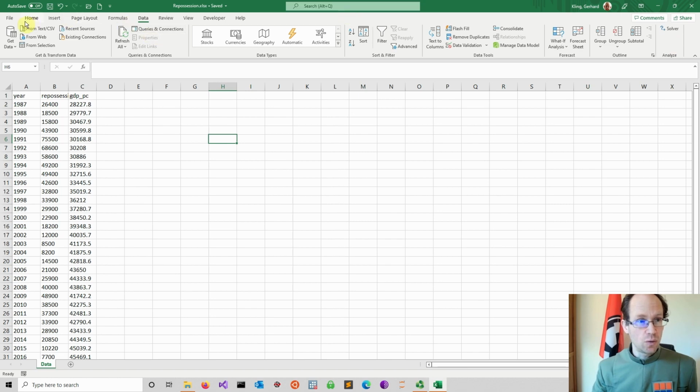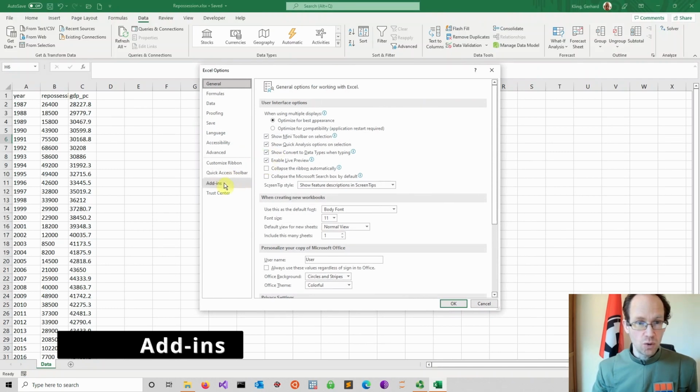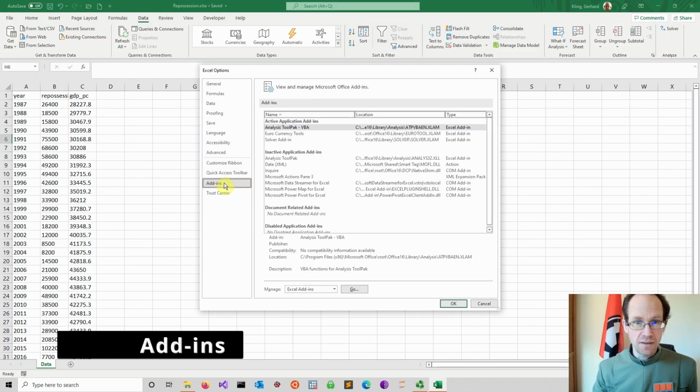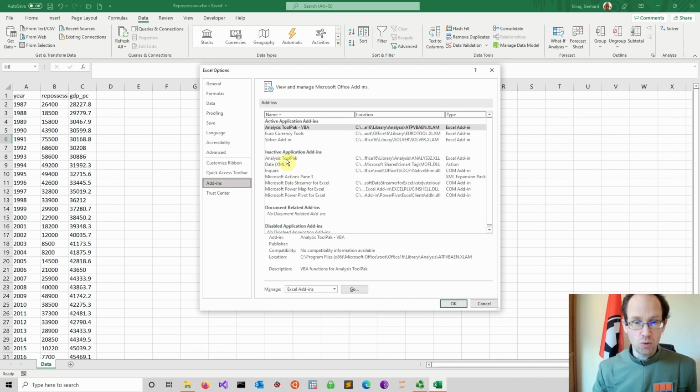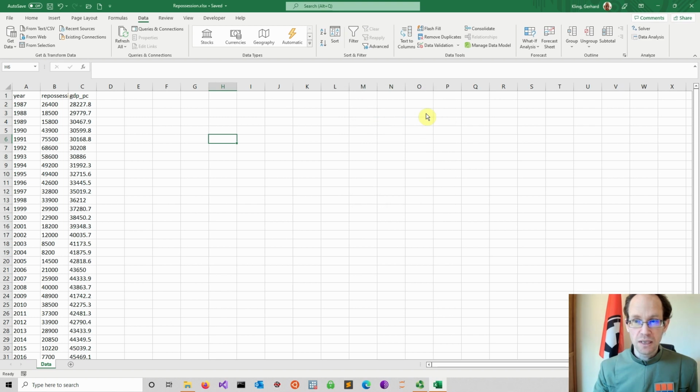So in this case you go to File, then you go to Options and you go to Add-ins. Under Add-ins you find the Analysis Tool Pack, and at the moment this add-in is inactive. So once you located the Analysis Tool Pack, you just click on Go and you tick the box to add the Analysis Tool Pack, and then you say OK. So that's the process. And now just by magic, data analysis shows up in the Data tab in the Analyze